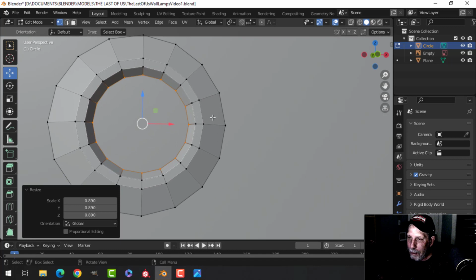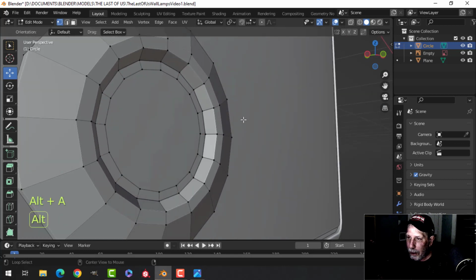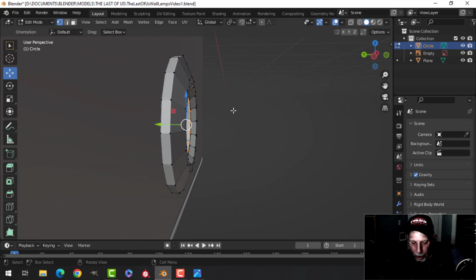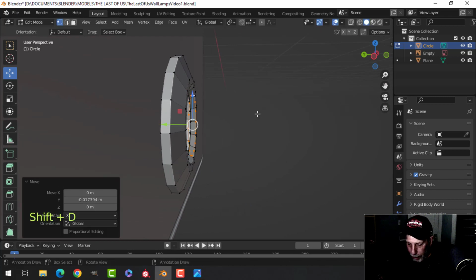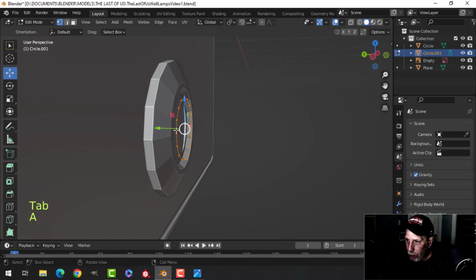Now my button's going to come out of there, but I want a little bit more area, so I'm going to press E and S and just do that. Okay, so that's going to be that. Now what I'll do is I'll take this piece, Shift D to duplicate. I'm just going to pull it out, P to break it out, and I'm going to make the button out of that. So I'll just push it back in,